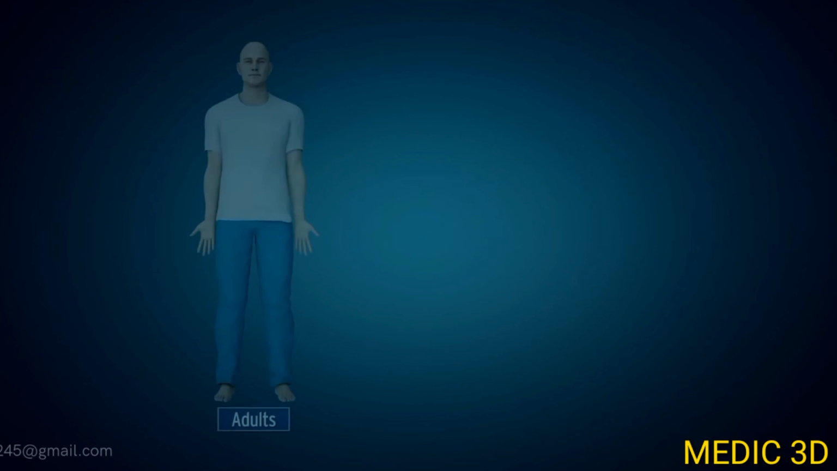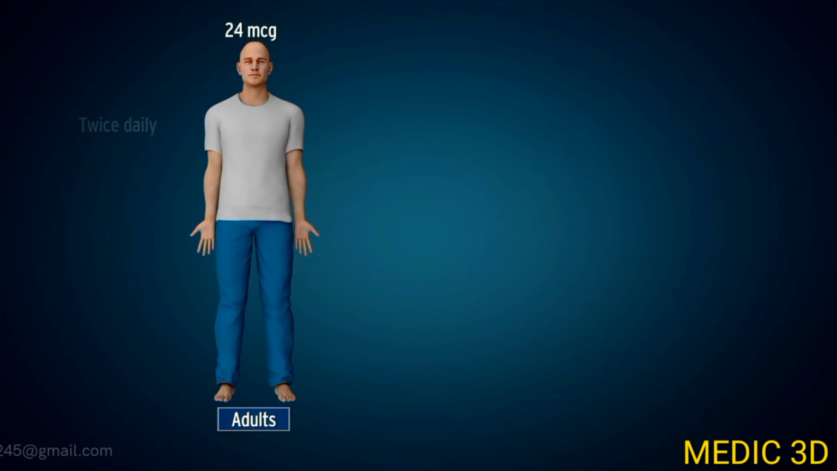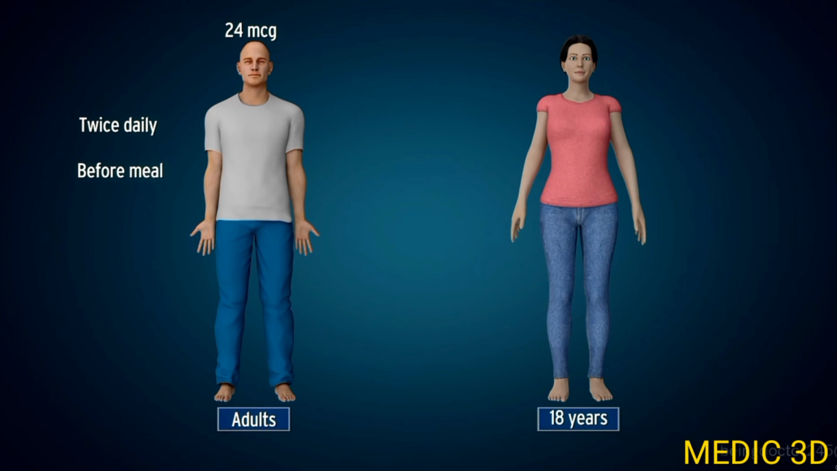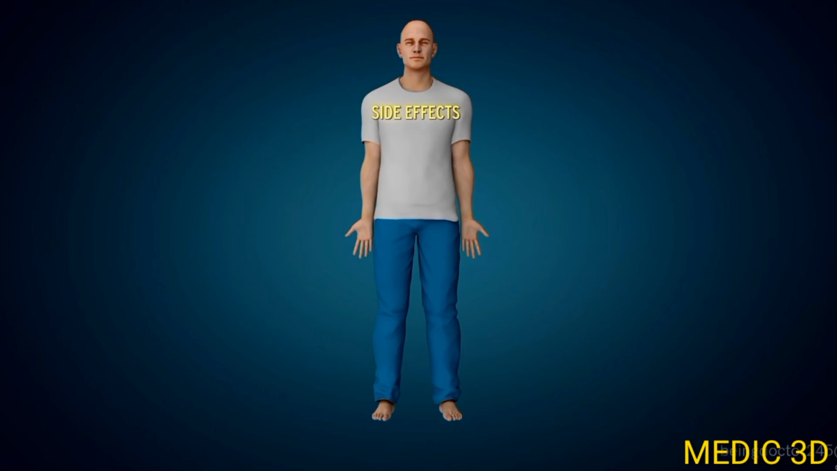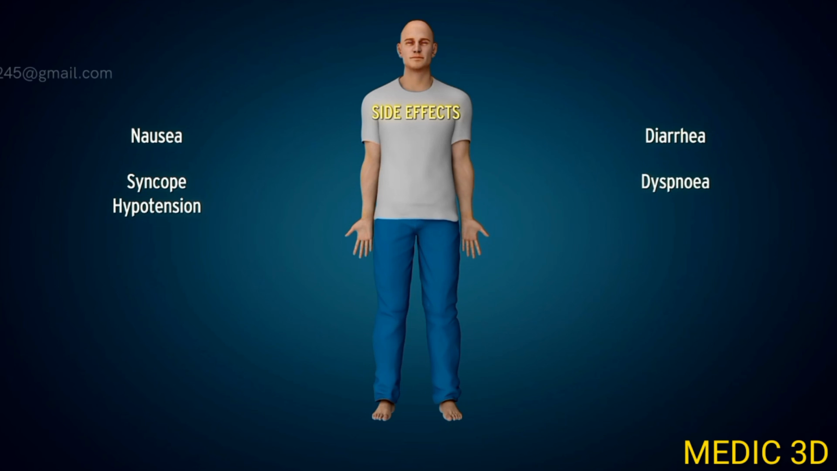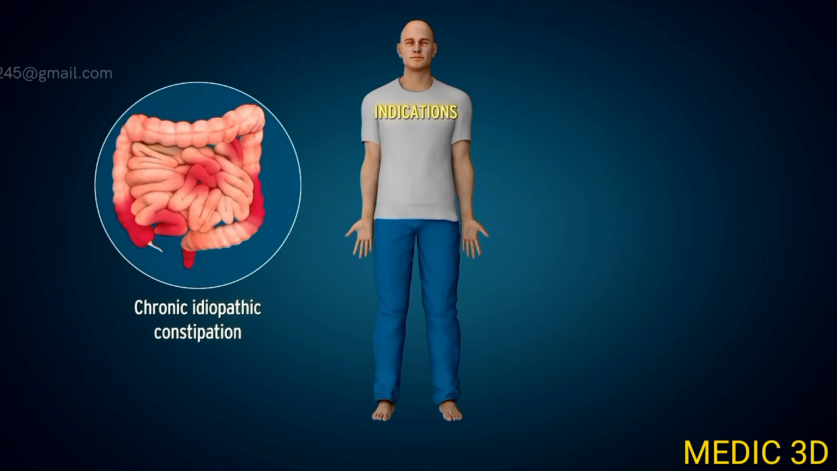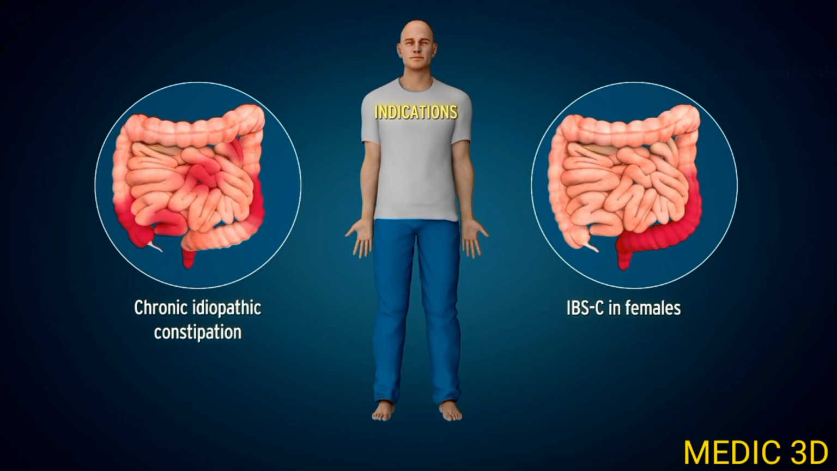Doses: adults 24 mcg twice daily before meal. Women above 18 years 8 mcg twice daily before meal. Side effects: nausea, diarrhea, syncope and hypotension, and dyspnea. Indications: chronic idiopathic constipation, irritable bowel syndrome with constipation in females,